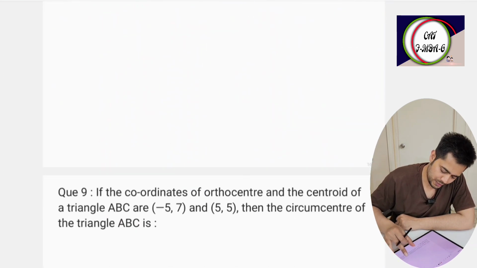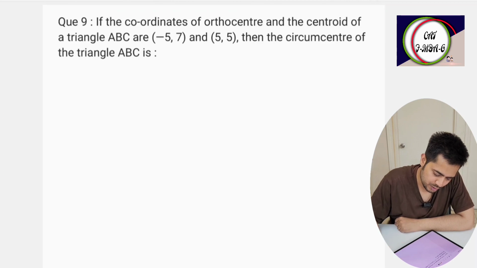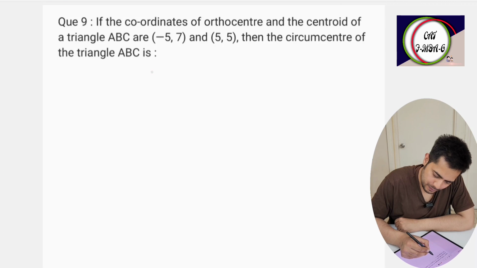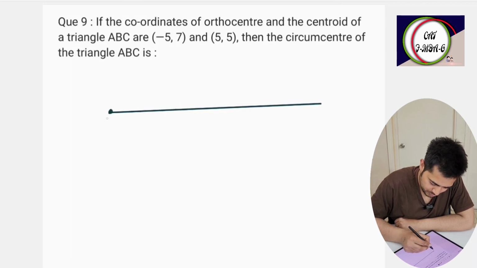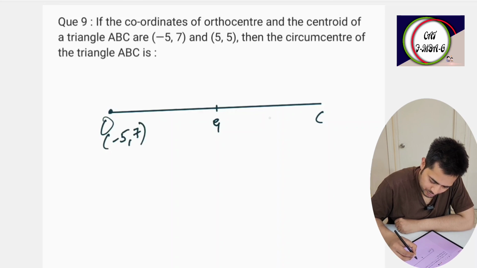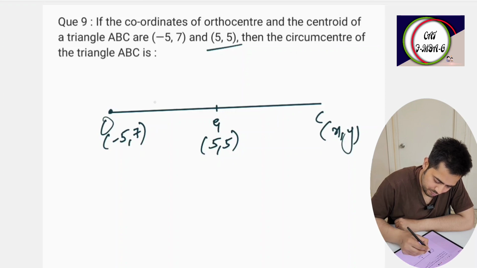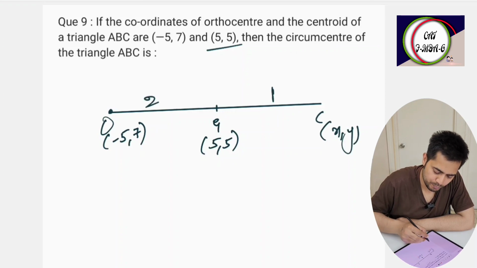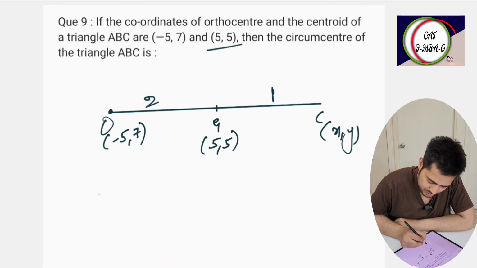Okay, so let's see another question. If the coordinates of the orthocenter and centroid of the triangle are given, then find the circumcenter. Okay, we know that the orthocenter is (-5, 7) and the centroid is (5, 5). We have to find the circumcenter (x, y), and we know that the centroid divides in the ratio 2:1. So by the section formula we can write as